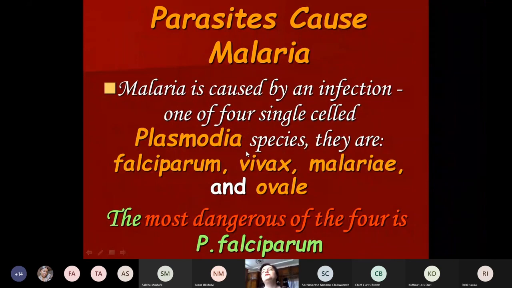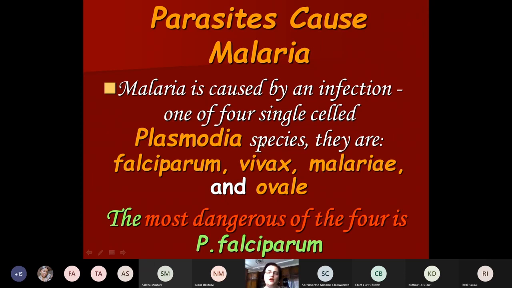Main parasites, and remember for yourself, on the exam you will have such questions. What are the causative agents of malaria? It's not the Anopheles mosquito. No, mosquitoes are not flowing in your blood. Only parasites, only Plasmodium species are the main causative agents. Only Plasmodium causes the disease, not Anopheles. Anopheles is just the transmitter, the vector.